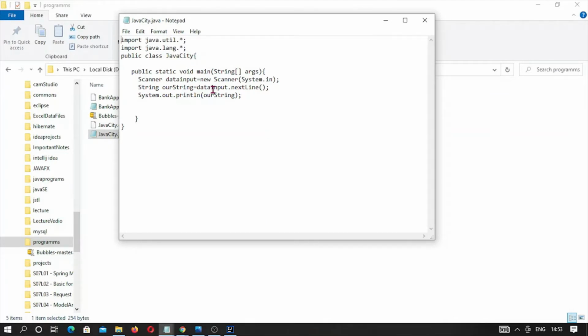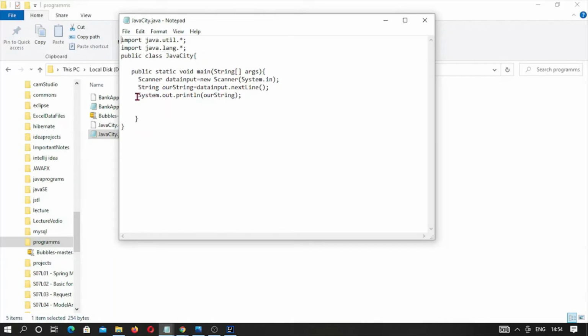It will take whatever we are providing through the keyboard, up till the next line is initiated. So this part of the statement tells that you have to take all string characters till the next line begins, and it will be collected in our string variable.